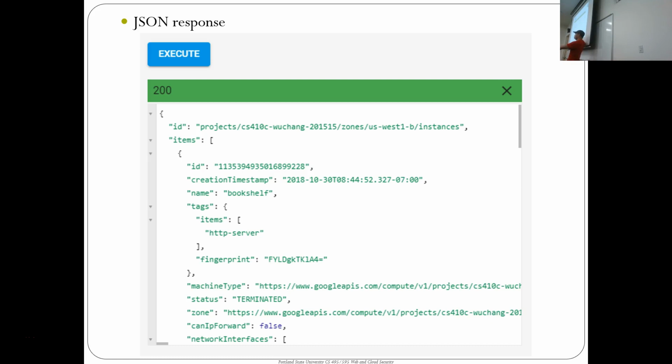Questions about that? Okay. So that is it for the cloud overview. If there aren't any questions, I'm going to talk about vulnerabilities, which is more interesting. Okay, so let me